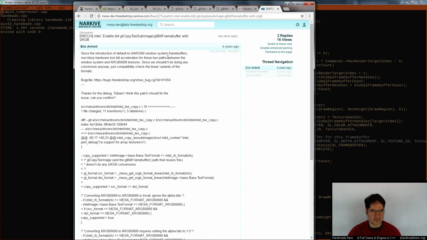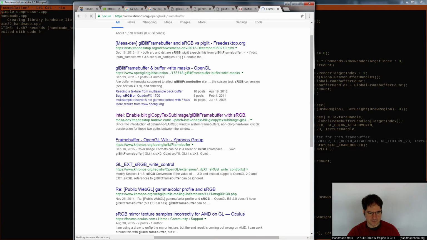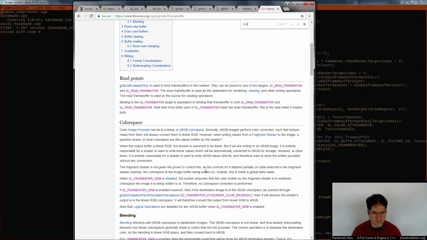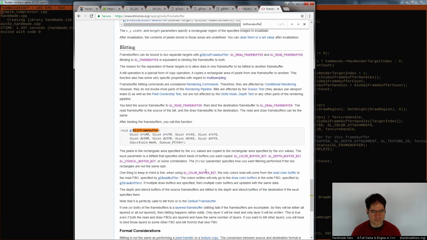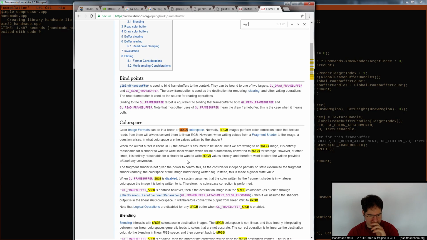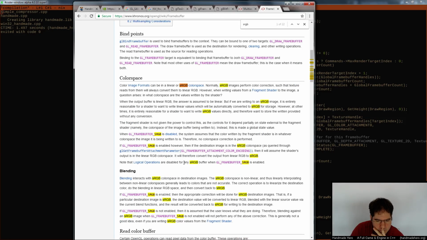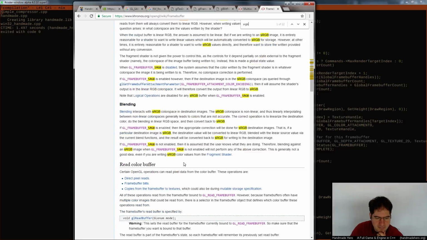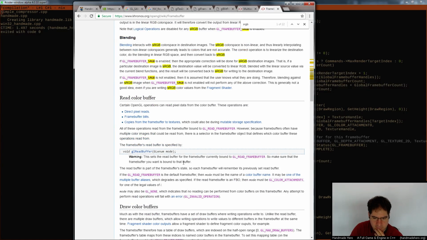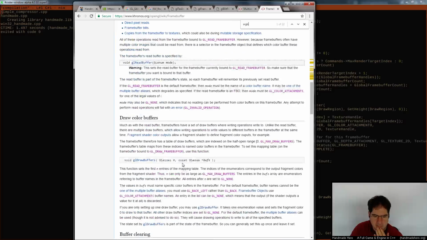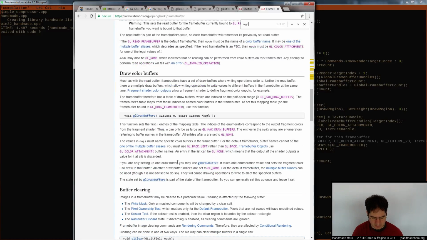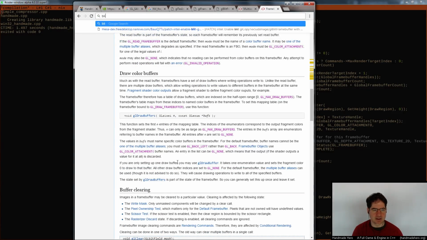So let's see here. Default sRGB Windows system frame buffers, non-blurb hardware loss blit solution, which is to pass, blah, blah, blah. No, probably not what I want. So basically what I want to know is, will blit frame buffer do an sRGB conversion if the two buffers are set up as such? I don't know if that makes sense, what I'm saying, but